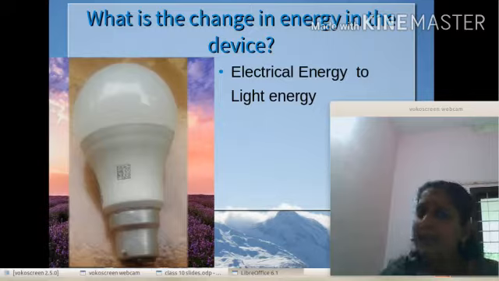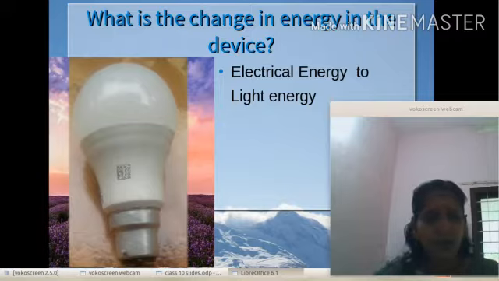But in the case of an electric bulb, not only light energy, heat energy is also produced. When it works, it produces light energy and heat energy. But we have use of light energy only. But it produces heat. Here electrical energy is converted to heat energy. Electrical energy is wasted as heat energy.